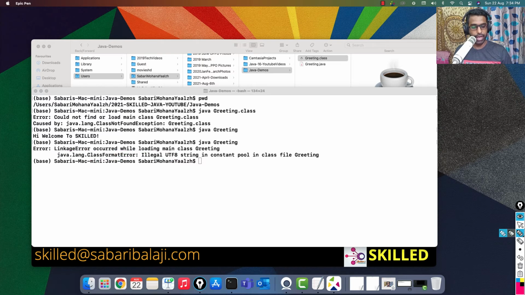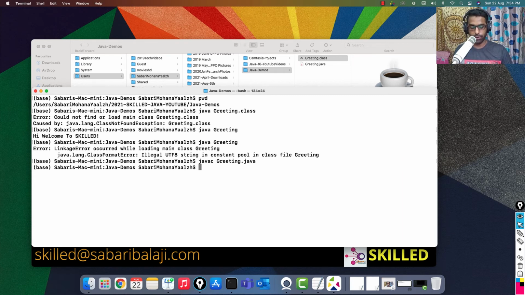So what is the next solution in order to run the dot class? The only option is to recompile it. When you recompile, it will again produce the original format of the dot class, and from there you will be able to hand it over to the JRE. In order to do that, we use the command javac space file name dot java. This is the source code. We are picking the source code again. The source code needs to be handed over to the compiler. The compiler will take in the source code, compile it, and produce another dot class.